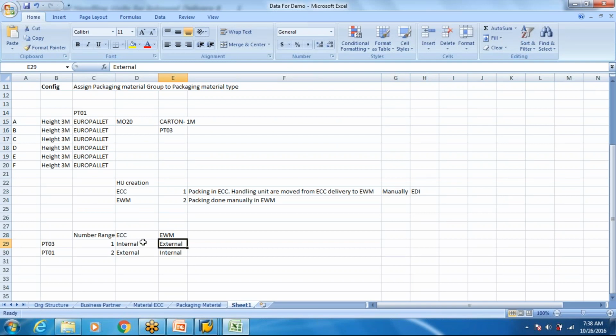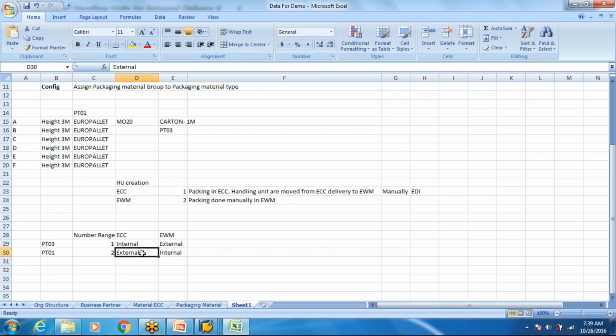Correct? External number is why these are opposite, because you created the HU in ECC. The EWM system is a different instance, right? So it is going to get that HU from ECC. So for EWM it is external. If you don't make it external, it is going to fail, because it will say that this packaging material has internal assignment and you are taking the HU from ECC. You are giving your number yourself. You know, recognize ECC, it is either manual or through QRFC. So that's why, if you're creating in EWM, it is external.